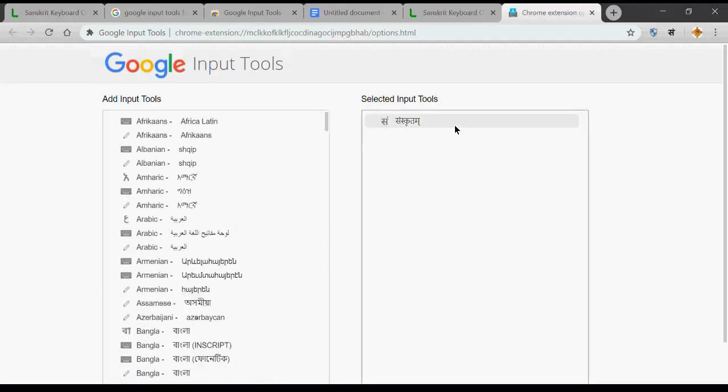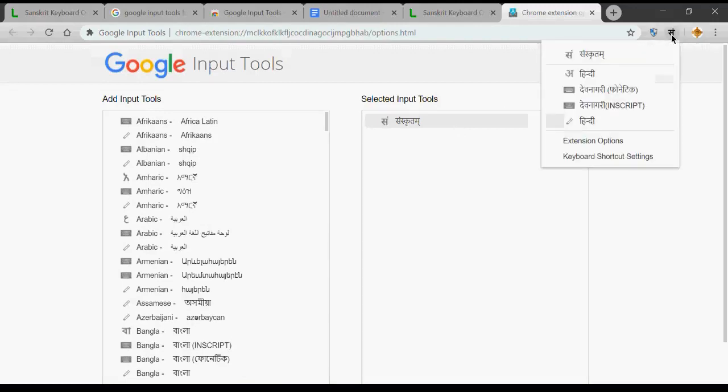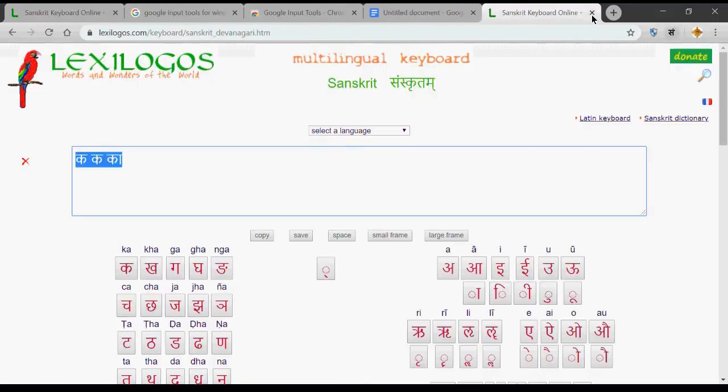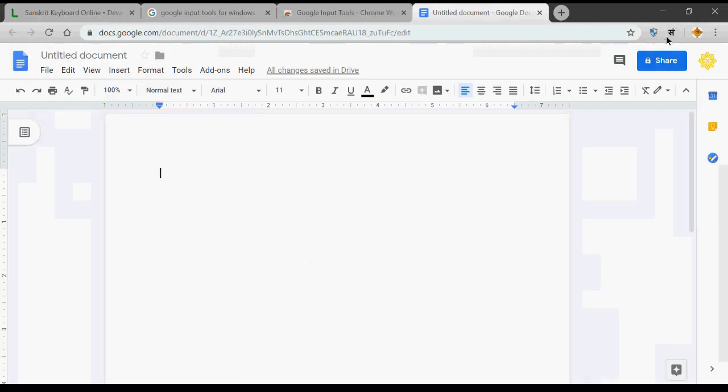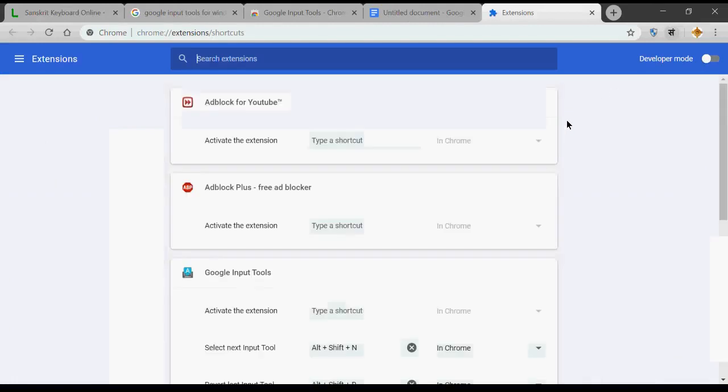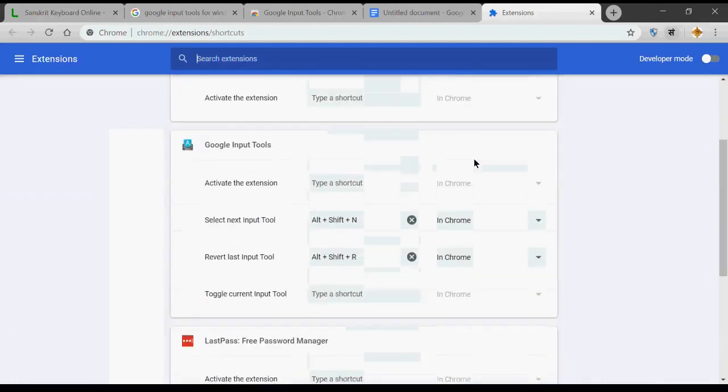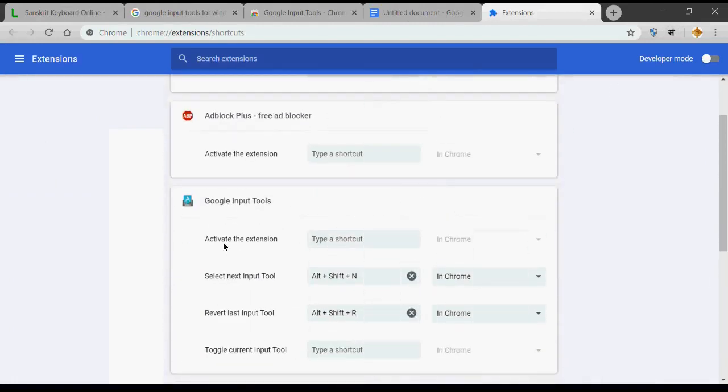I have selected Sanskritam, and also keyboard shortcut settings we can set. So what shortcut you want to use to switch between English and Sanskrit, that can also be set here. I have set it like Alt Shift R. This is the shortcut